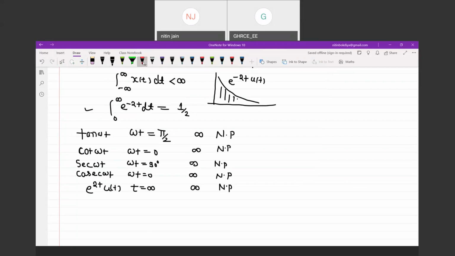And if you want to write the requirement of Fourier series, then you can say it's the area from minus T by 2 to T by 2, because Fourier series we write for the periodic function. So the integral from minus T by 2 to T by 2 of f(t) dt must be finite. This is the condition for existence of Fourier series. So these are Fourier series and Fourier transforms. These are very important conditions. One, you can check. This is the requirement.